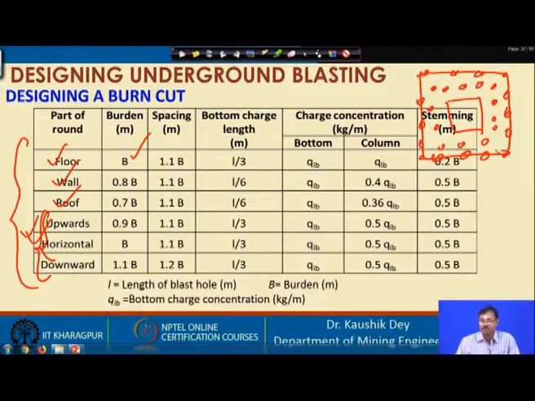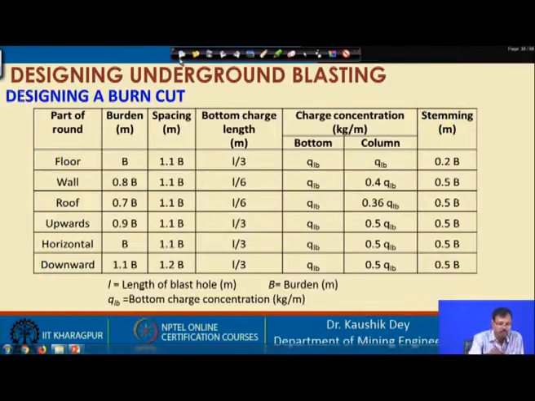So, basically the designing of these roof holes, floor holes, wall holes and stopping holes does not depend on whether we are designing our cut area either by burn cut or by wedge cut. So, design consideration for floor hole, wall hole, roof hole and stopping holes remains the same for the wedge cut and burn cut, and these design considerations are like this.